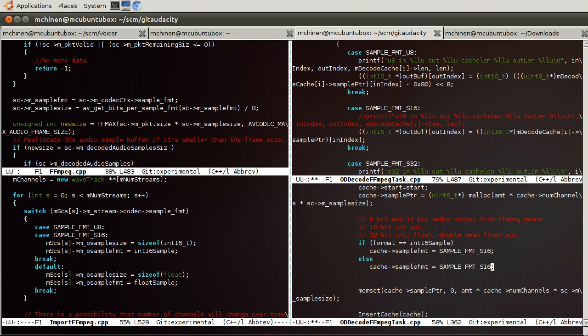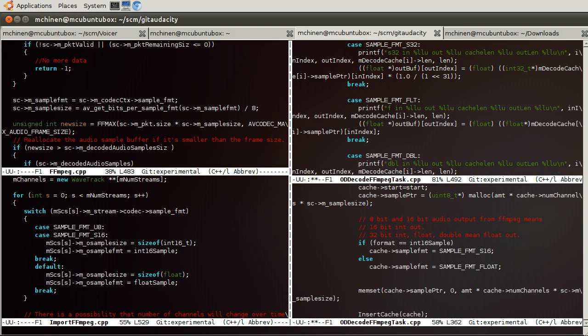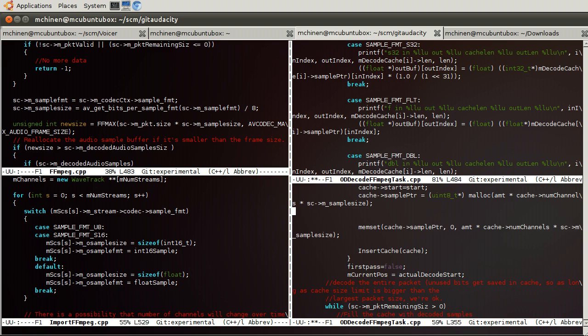Alright. And that should be what? Float? Is that float? FLT. Yes, those damn vowels. Alright, so now we've got our sample format set. And from this we can determine the correct amount of bytes for this malloc. So this has to come above the malloc.